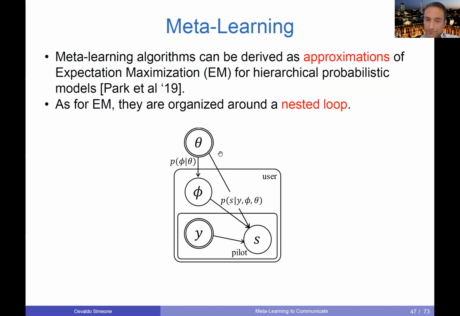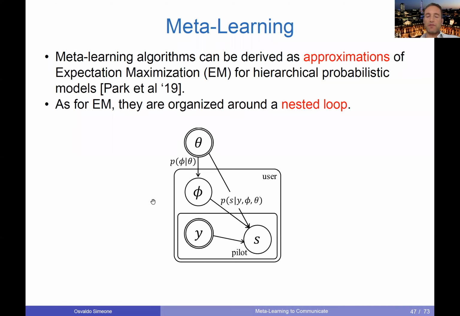And so we could use, again, expectation maximization to solve this problem. The issue is, of course, that in practice, expectation maximization is of prohibitive complexity because one needs to do optimal Bayesian inference of these latent parameters. And so this is typically not done. And all the meta-learning algorithms really are, in one way or another, approximating the way expectation maximization would optimally solve